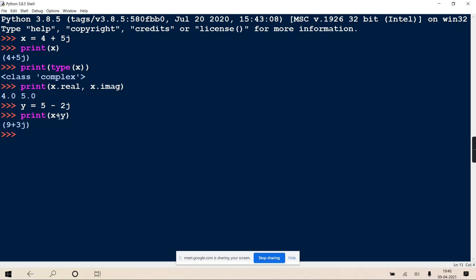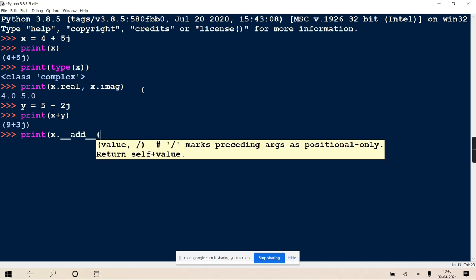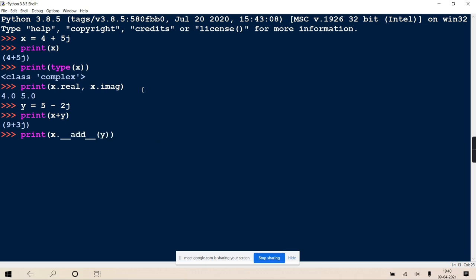But implicitly here a magic method is called, which I told you yesterday. And who invokes that magic method? X. So x dot double underscore add double underscore and y. So it gives a call to one magic method, this dunder method.